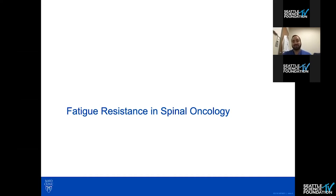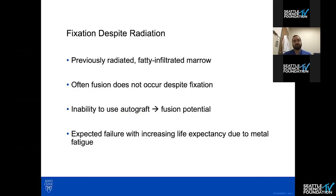up can be answered here, or at least maybe it'll change in your mind how you're thinking about asking the question. So fatigue resistance is very important, and that's mostly to that last point of the biomechanics. So despite being able to fixate in the area, there's really no great way to hold our fixation in place, so to